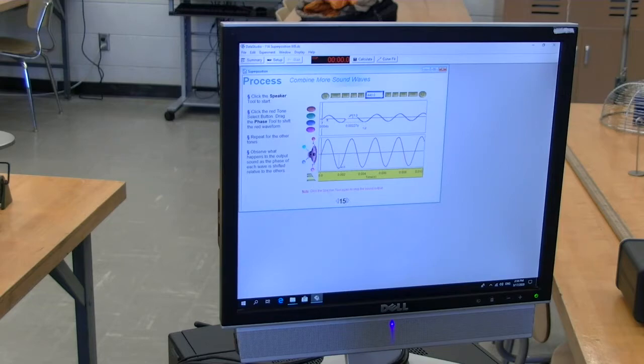And so now this is the next measurement. What they ask us to do is build a measurement and observe what happens to the output sound as the phase of each wave is shifted relative to each other. So they want us to use this. Now we have 4 waves. And from these 4 waves, we want to build a